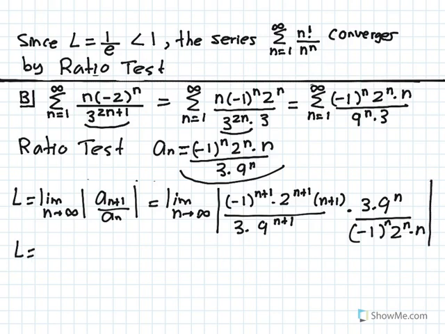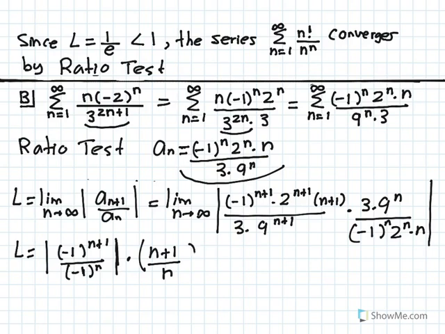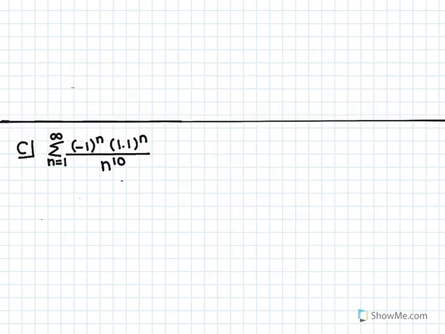So L is equal to the absolute value of negative 1 to the power of n plus 1 divided by negative 1 to the power of n, times n plus 1 divided by n, times 9 to the power of n divided by 9 to the power of n plus 1, times 2 to the power of n plus 1 divided by 2 to the power of n. And of course, 3 cancels out. This 3 cancels with this 3. So simplifying it a little bit more, we get